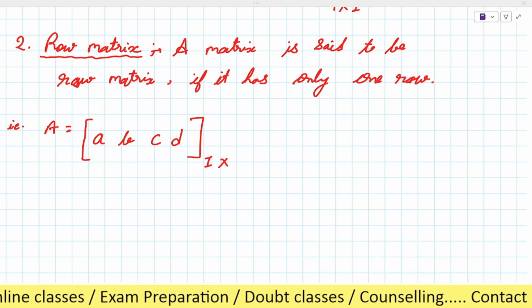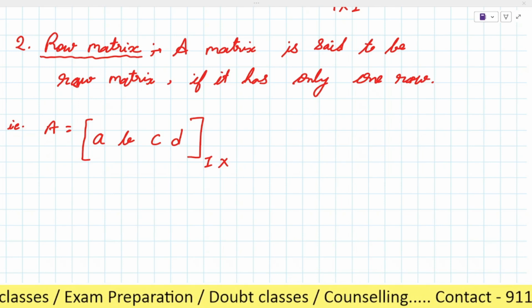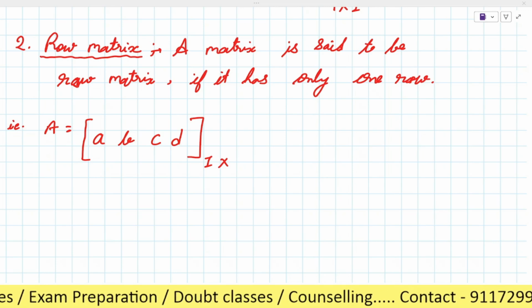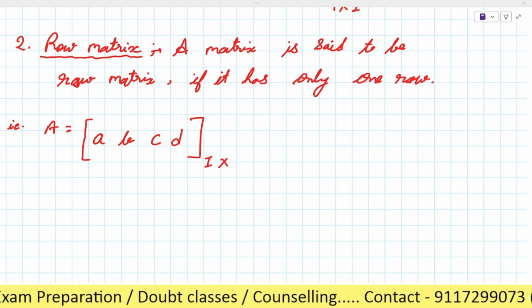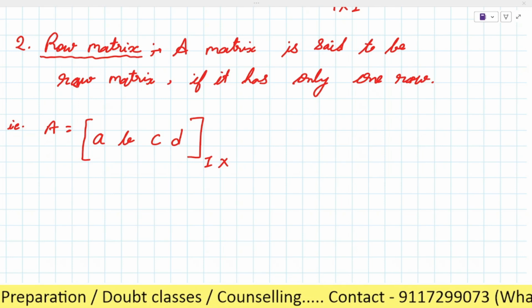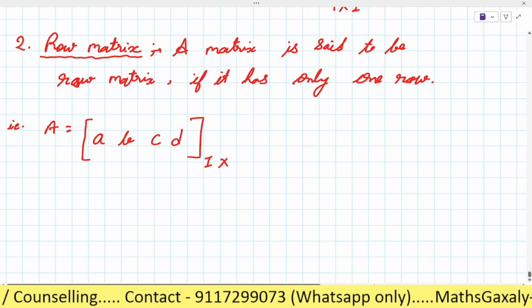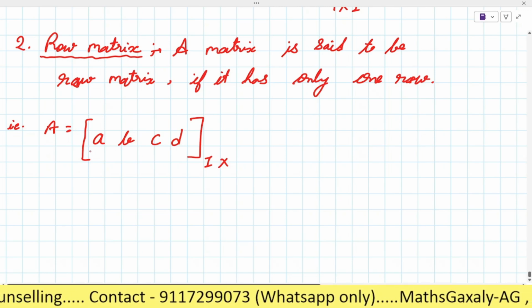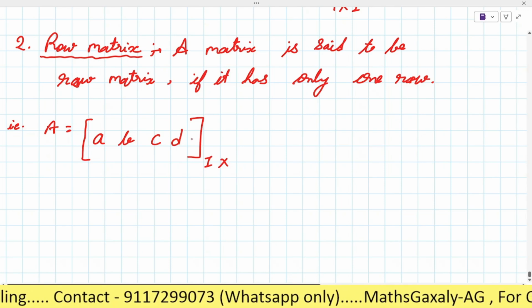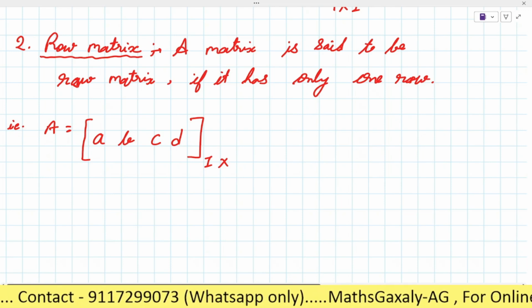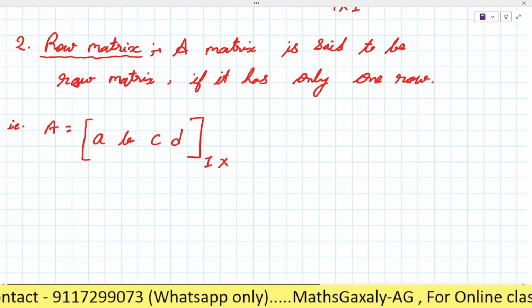Number of column, not the number of row. One, sir. Yeah, I am talking. Sir, I can hear you. So I am talking about the number of column, not row. The row is only one. Okay? Yeah, sir, it's one. I said one. But number of column,